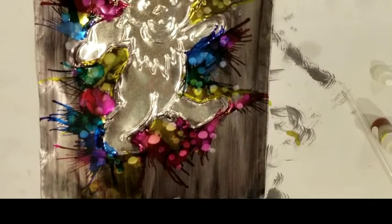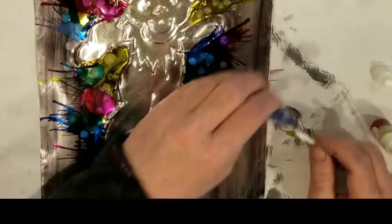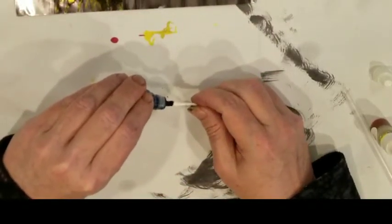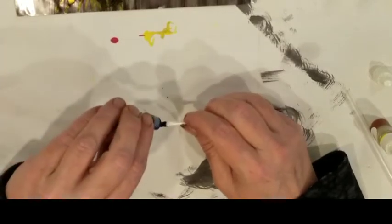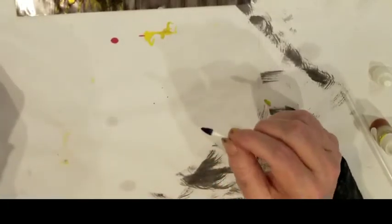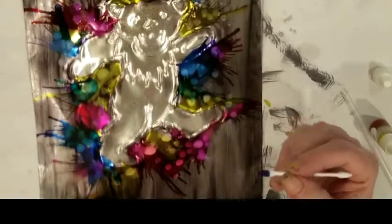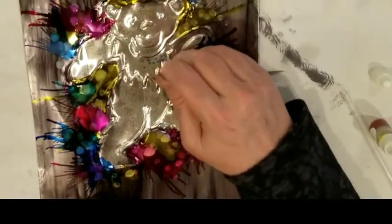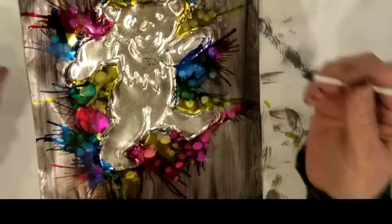So not the white, new tip. Let's take, again, and put some color right on the end of that until it's kind of saturated. You don't want it to drip and drip onto your background. And I'm gonna create a lot of dots in here, maybe a little more on